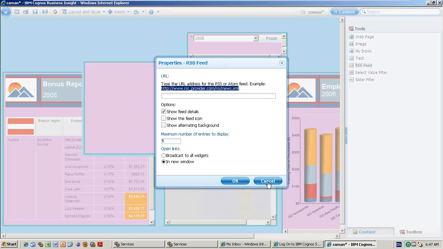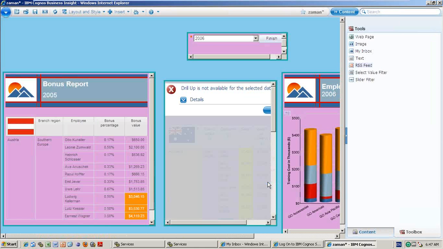It's like typing a URL only. From our Cognos point of view, we don't need to do anything. So maybe your website people will give the RSS feed URL. So you just need to copy paste that one. That's it. But these things are important. Value filter. Right click here and then click insert.